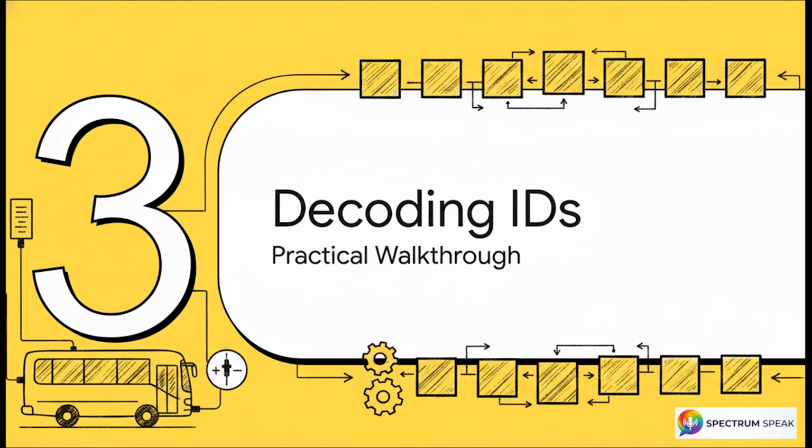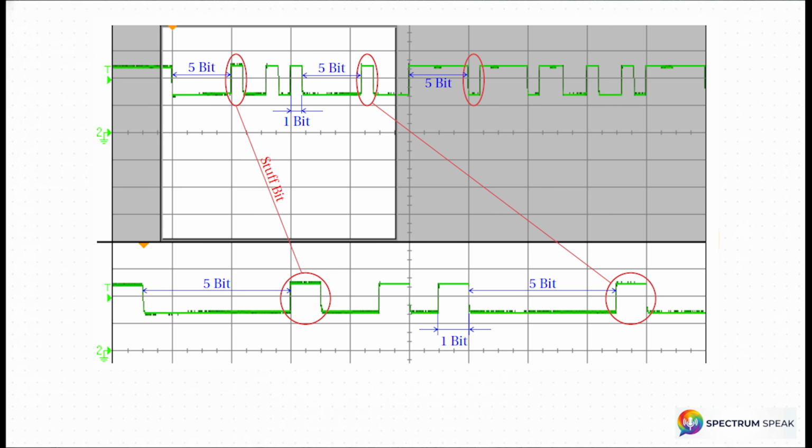Now, what's really interesting is how we actually apply this. Let's do a practical walkthrough. How do we take this theoretical standard and apply it in the real world? Let's say you're probing a bus and you capture the start of a frame on your scope. You isolate the 11 bits immediately following the start of frame. Let's say you pulled this exact binary string,